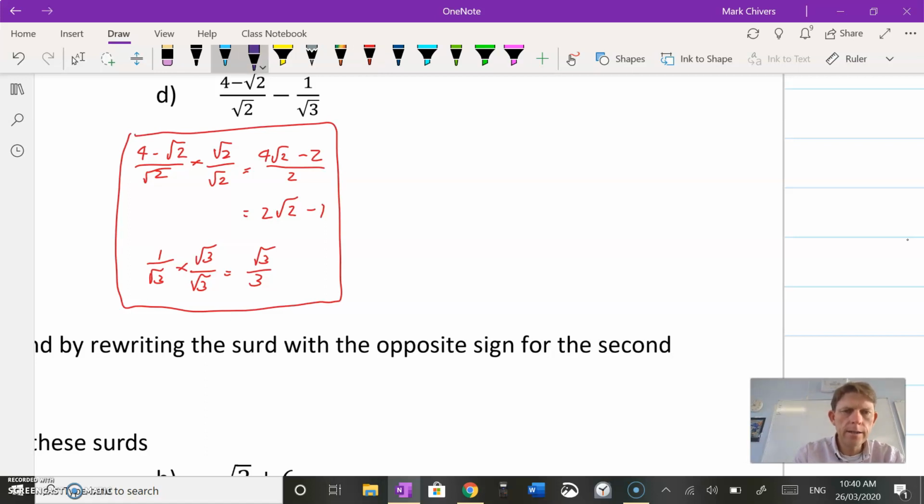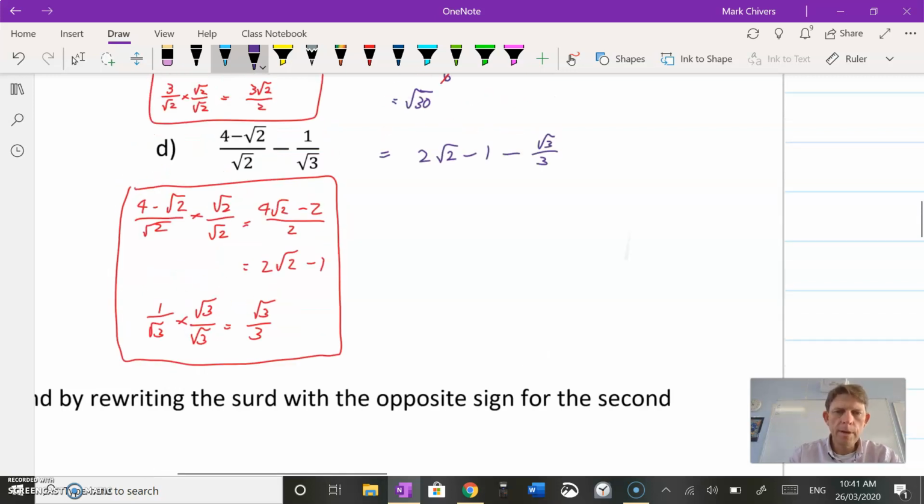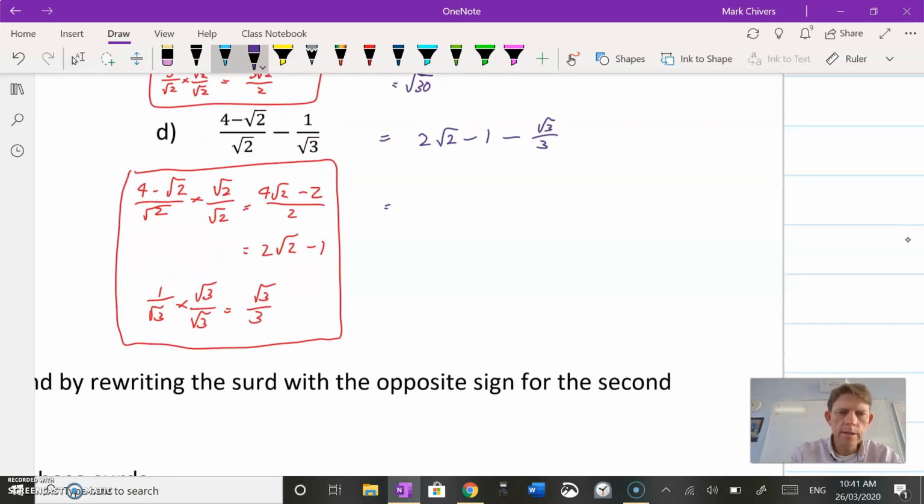So now I can start actually working on that problem. So I'm going to rephrase that problem and say, well, that's basically just 2 root 2 minus 1 minus root 3 on 3. And at this point, I need to get a common denominator again. Obviously, both of these other two numbers can be written as fractions with 1 as a denominator. So if I just make 3 the common denominator here,